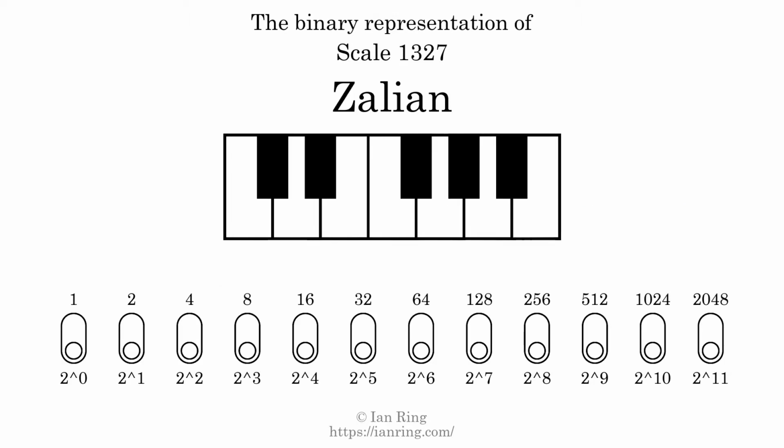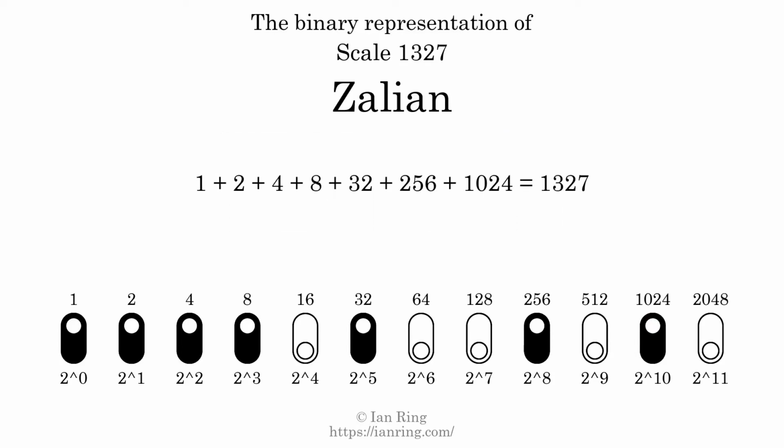The binary representation of this scale is determined by mapping tones of the scale to binary digits. Each binary digit represents a power of 2. To get the scale number, we add the powers of 2 together. The powers of 2 that are present in the scale, all added together, equals 1327. That is why the scale number, in decimal, is